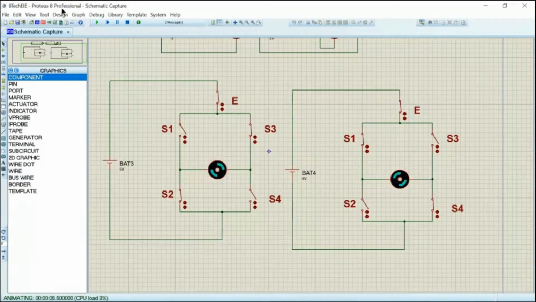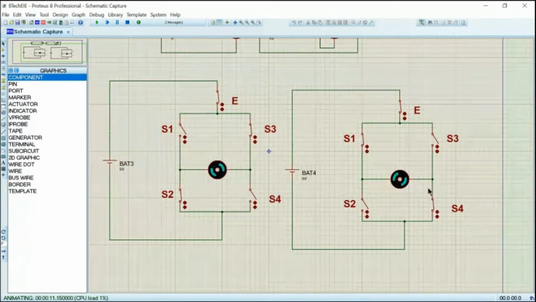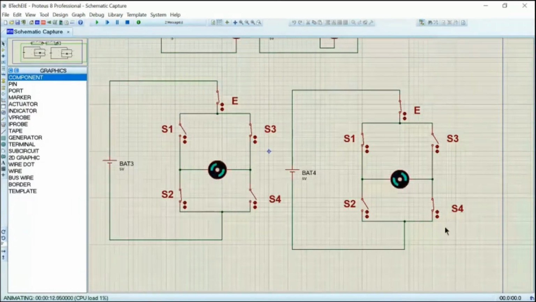In this case, S2 and S3 are on. This diagonal switch is on, forcing the motor to rotate in the clockwise direction. In this case, S1 and S4 are on, forcing the motor to rotate in the anti-clockwise direction.